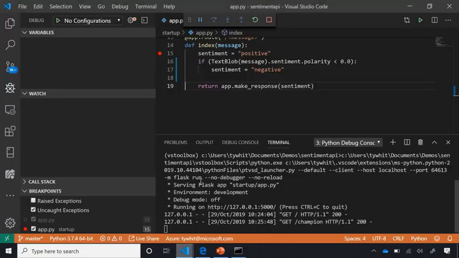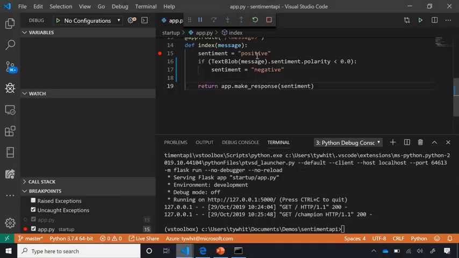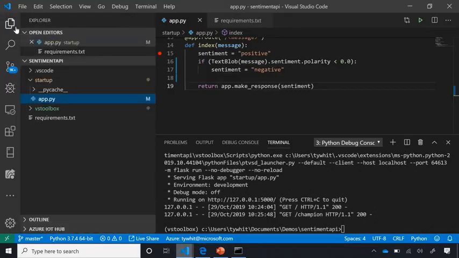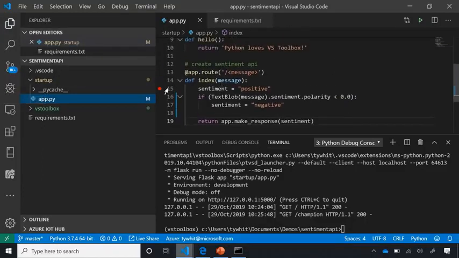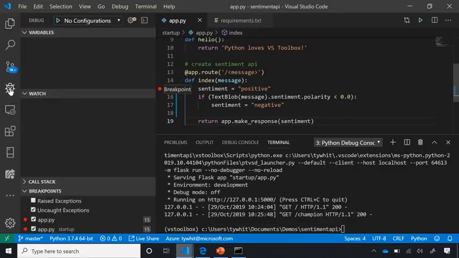All right, let's do another test. Let's test a new message. This time, I'm going to rerun this, but I'm going to try rerunning it a different way. Still using the debugger, but a slightly different way. So this time to run this application with the breakpoint set on line 15, I'm going to use my debug icon that I mentioned earlier. And here's what's really cool about this: the debug icon gives me access to the configuration menu that I saw before. So if I click this drop down and select Add Configuration,